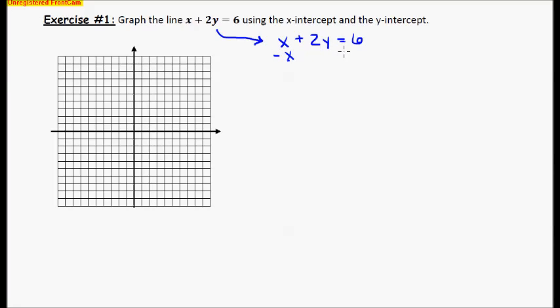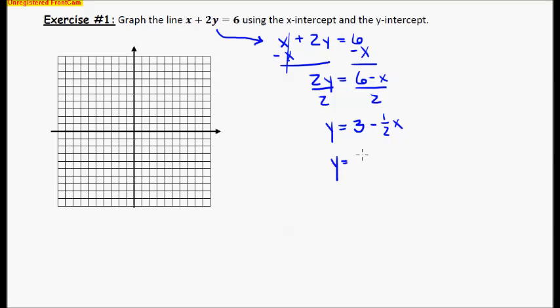If I take away x from both sides, then these x's are going to cancel, and I'm going to get 2y equals 6 minus x. And then if I continue to solve for y, I divide by 2, and I get y equals, let's see, 6 divided by 2 is 3. And there's a negative 1 here, so negative 1 divided by 2 is negative 1/2 x. Now, if I want to switch these two terms around, it will really look like y equals mx